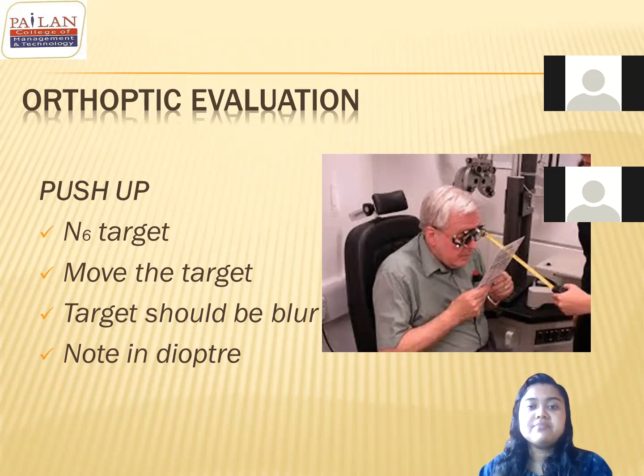Once you prescribe this plus 0.75 or plus 0.5 to the patient, whatever his refraction is, it will definitely get clear for him. Yes, he will take some time to adjust for distance. He will have some blurred vision for distance, but tell him to use it for distance and near, at least for computer work and all. It will correct this latent hypermetropia, and the chances of early presbyopia get resolved. Another thing, let me discuss another very important point of view.